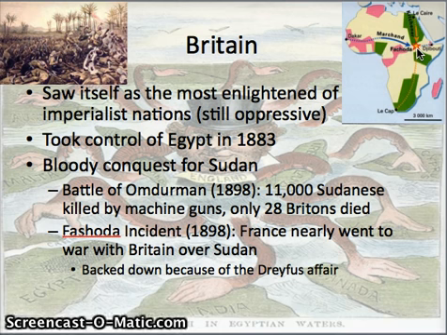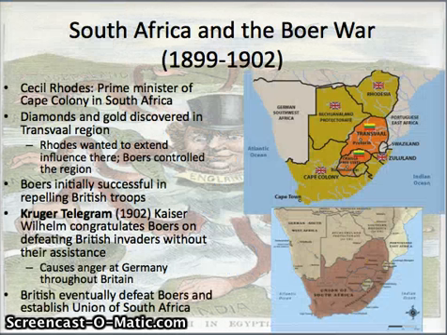Okay, basically it shows us that since France is also interested in Sudan, Egyptian, British, that is, soldiers, right? Because England was occupying Egypt at this point, so it has the benefit of using Egyptian soldiers. So Britain, with the help of its Egyptian soldiers, nearly goes to war with France over the Sudan, but France ends up backing down because they're preoccupied with the Dreyfus affair. So England effectively gets control over the Sudan.